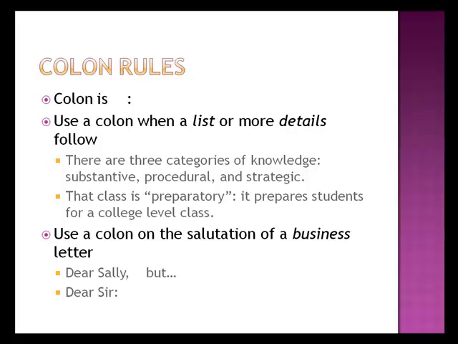If you could say that, or you could say, the following three categories of knowledge, blah, blah, blah, you put a colon, and then you make the list. And the second sentence is one where there are more details to follow. That class is preparatory, colon. It prepares students for a college level class. You see how I'm giving more information? And then the other